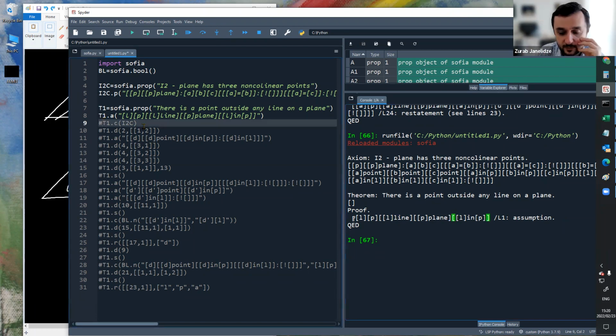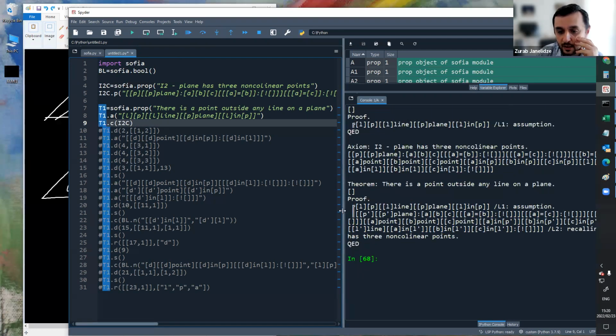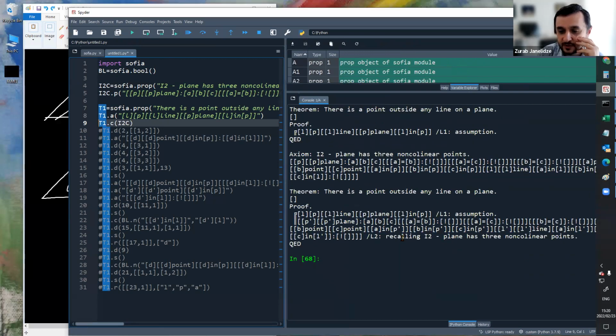Let's look at the next line of the proof. Now I'm going to uncomment this one. Before reading what the line says, I want to read the explanation of what kind of line it is. And it tells me this is recalling I2. What is I2? It's the axiom we talked about earlier. So I don't need to read this fully, because I already have the axiom in my mind. I know what it says. There's no need to go through this one more time. We could have done that by drawing an ontology and so on, but let's keep that for now.